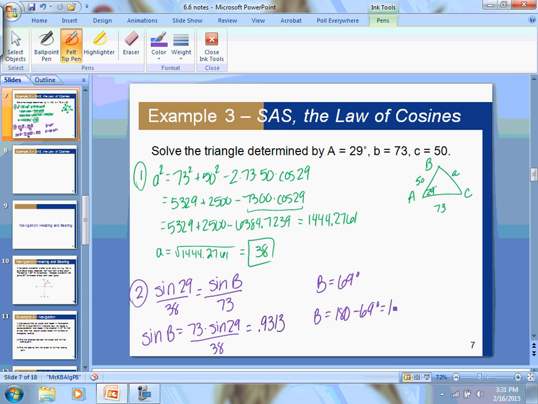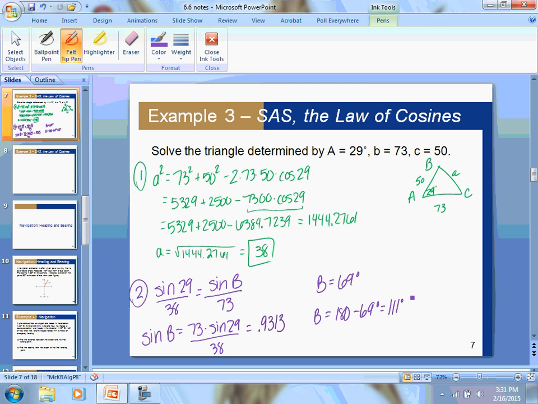And that's going to get me 111 degrees. Now, I'm not going to have 2 cases here. I'm not going to have 2 triangles. Okay, I'm going to have 1 triangle. And how I figure out which of these is correct is which of these is going to make more sense